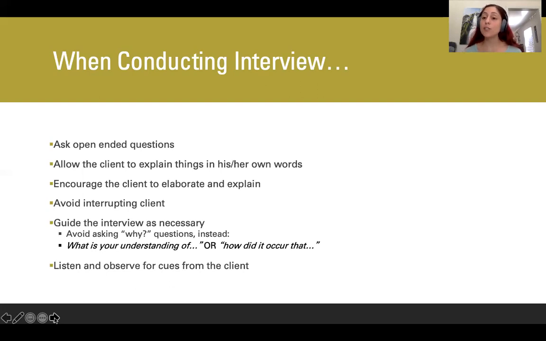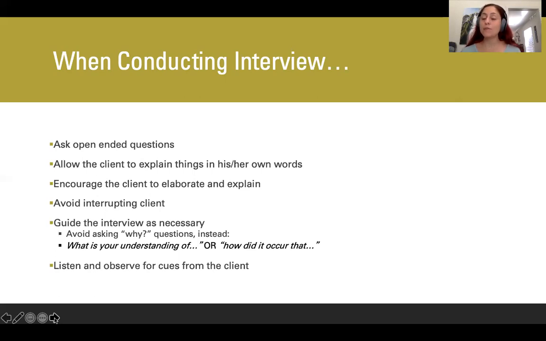It also allows the client to use their own words in explaining things to you so that you don't lead them in a particular direction that may be influenced by your own biases. Going back to the depression example, perhaps you think that people that have depression always have issues with their relationships. So you might be tempted to ask a leading question like, tell me how your depression has negatively impacted your relationship. Well, that would be a leading question and is a bit biased. So a more open question like, tell me about your relationship, or tell me about any differences or changes you've noticed in your relationship since you started feeling this way, would be a bit better.